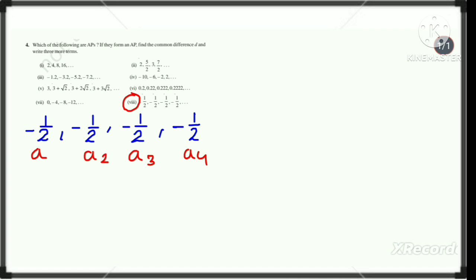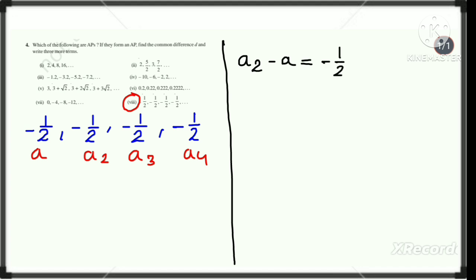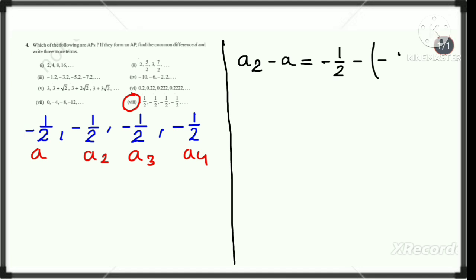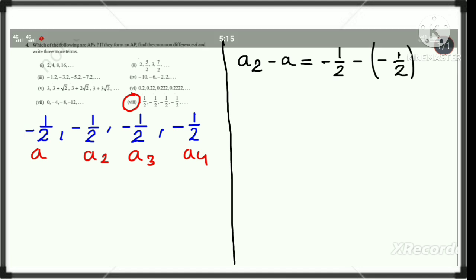Let's find firstly the difference between A2 and A1. A2 is equal to minus 1 by 2, and A1 is also equal to minus 1 by 2. Okay, now